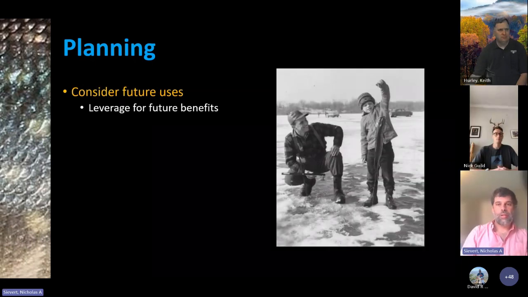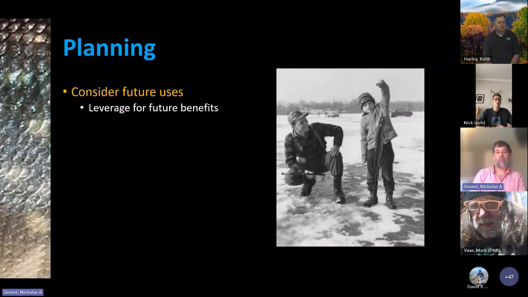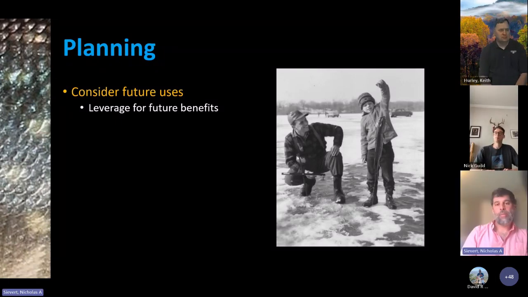And then finally, I was just going to mention it's really useful to consider potential future uses of the data. So maybe you're trying to answer a specific question by conducting an angler survey. Maybe you're looking at setting some new length limits for a taxa. If you're out there collecting data, there might be other pieces of information you can collect that are going to be important a couple years down the road, and it'd be easy to collect at the same time. So maybe it's easy to throw in some information about where anglers are coming from and collect